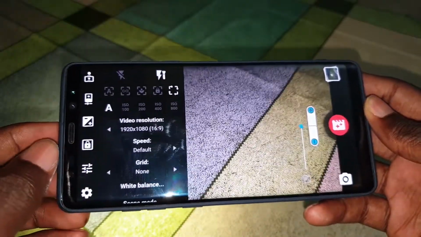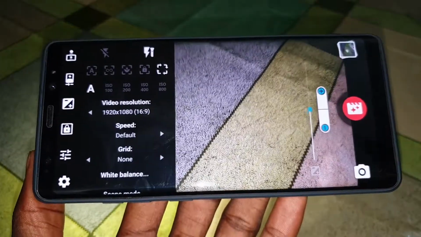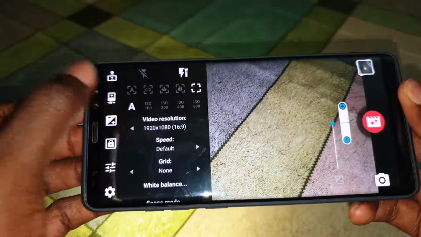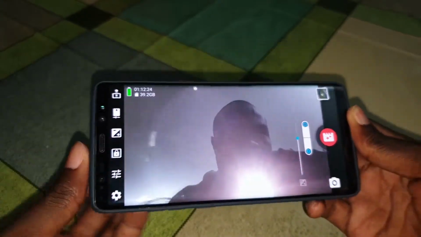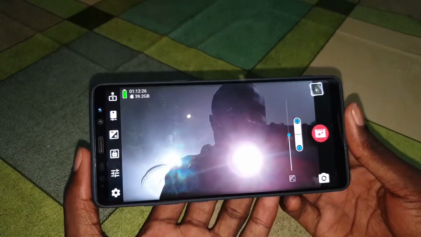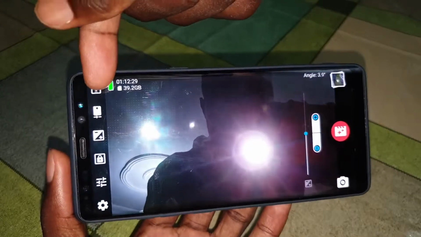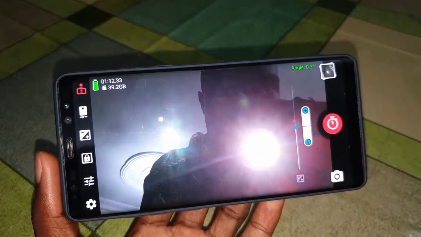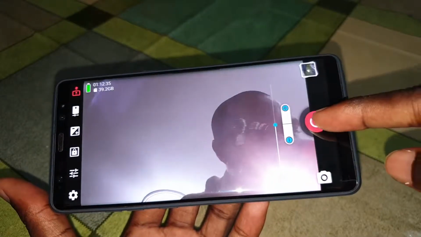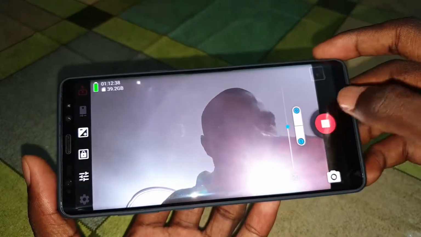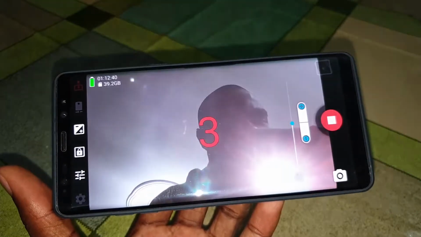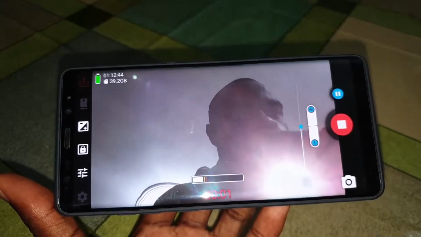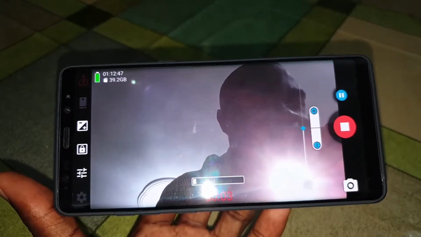When you want to take a selfie photo, you can do this to turn the camera for a selfie photo. And as you see, there is a beautiful symbol here. You can do this to activate the selfie mode. Look at that. You can see here it's changed. And you can record after that.